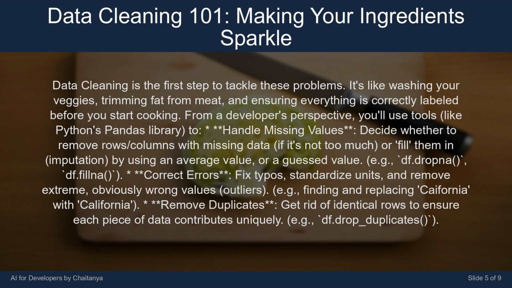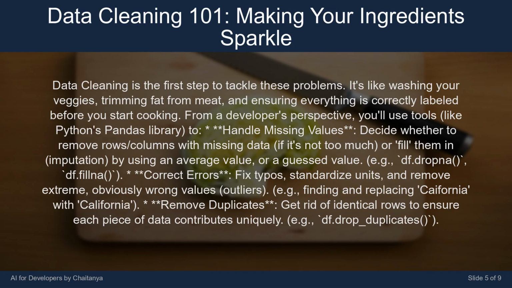Data cleaning is the first step to tackle these problems. It's like washing your veggies, trimming fat from meat, and ensuring everything is correctly labeled before you start cooking. From a developer's perspective, you'll use tools like Python's pandas library to handle missing values. Decide whether to remove rows or columns with missing data, if it's not too much, or fill them in, imputation, by using an average value or a guessed value, e.g., df.dropna(), df.fillna(),